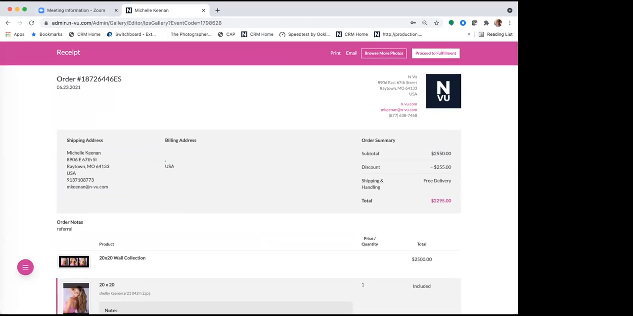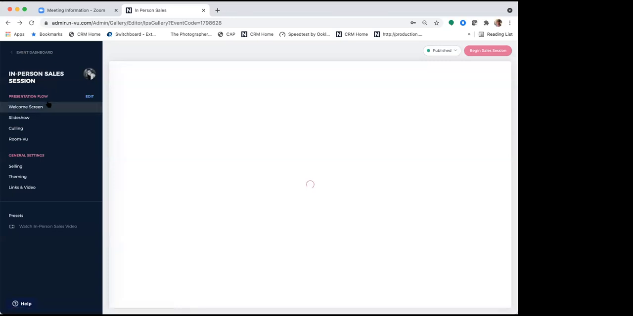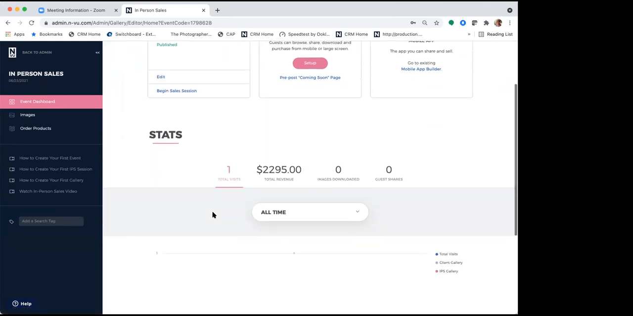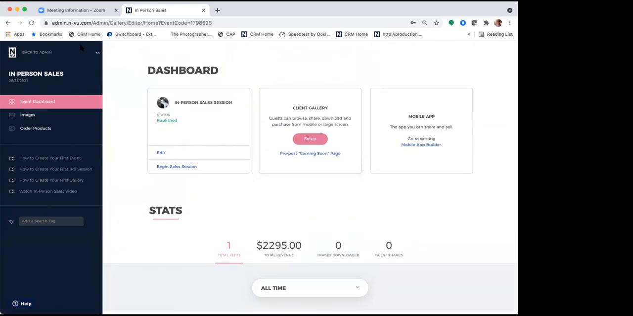I'm going to go ahead and go back to my admin, and I can do that from the menu button. Go back to admin. All right. And now in the event dashboard, under stats, I now can see that this email address has done this amount of time for their sales session, and this is their order number. So I can go directly to the order from here, or I can go up to my admin